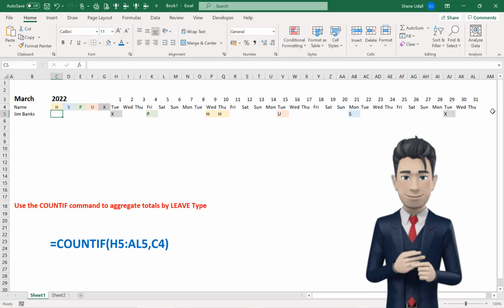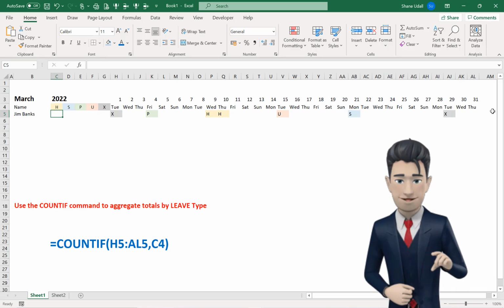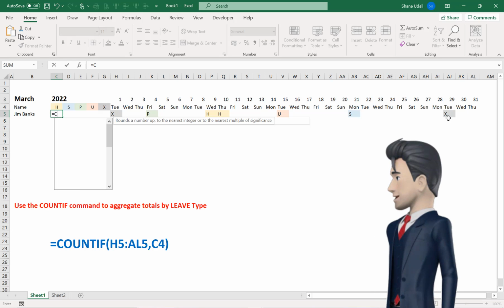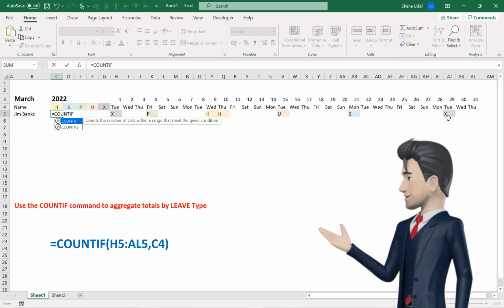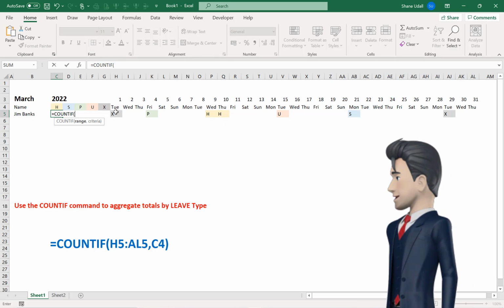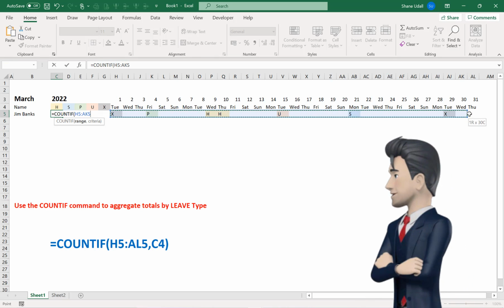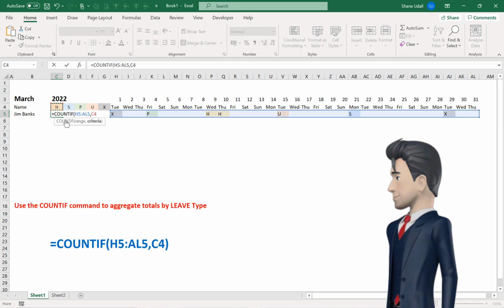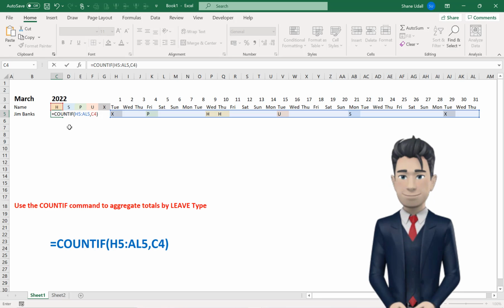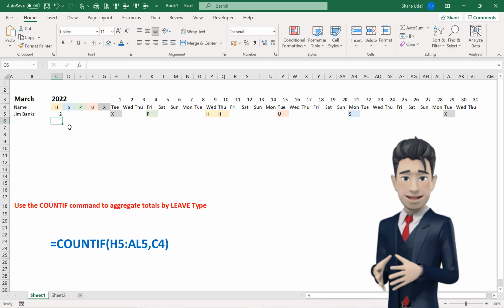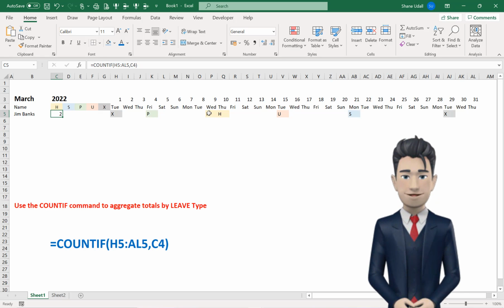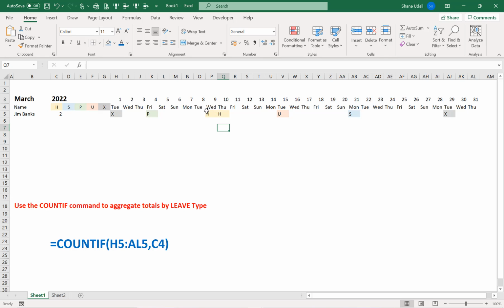Copy in my values for row 5 as shown on screen, and in cell C5 enter the formula equals COUNTIF, open brackets, select the range H5 through to AL5, then a comma, and now click on cell C4 to pick up the letter H and close the brackets. The value of 2 is returned by the formula, which corresponds to the exact number of instances where H appears